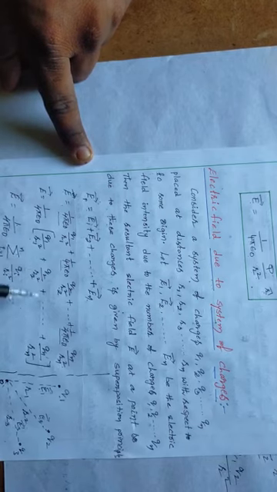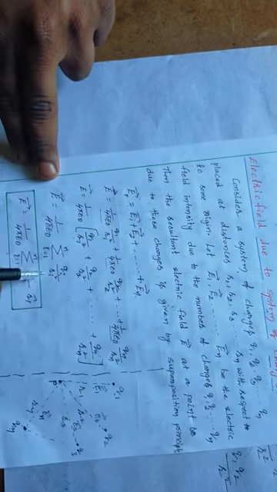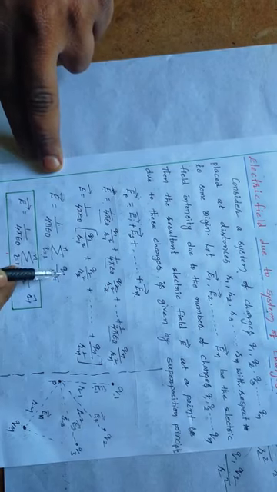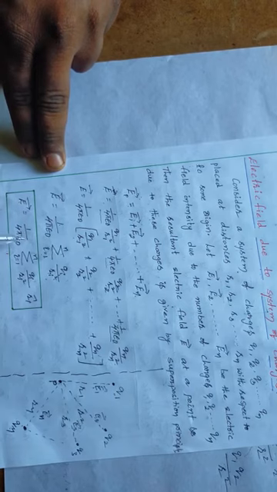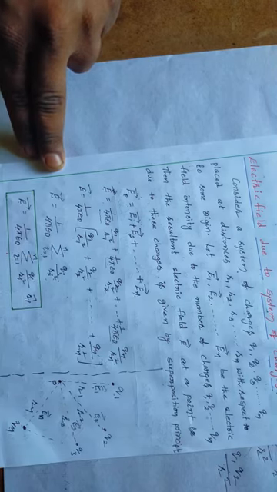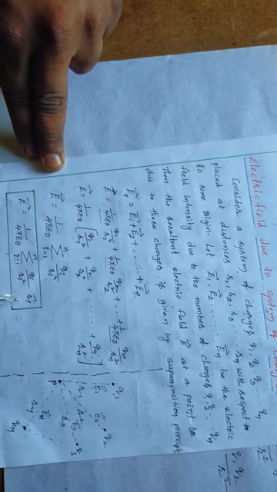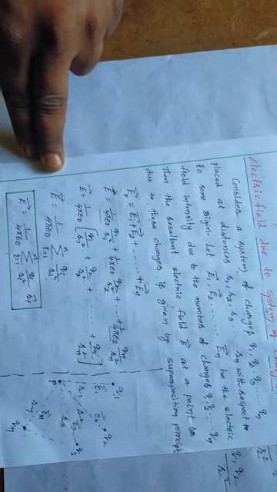That means all the terms are summing with each other. So the sum from i equal to 1 to n of qi divided by ri square. That means the net electric field due to the system of charges is nothing but 1 by 4 pi epsilon naught, summation i is equal to 1 to n, qi by ri square into ri cap. Ri cap is nothing but the unit vector of the total electric field due to the system of charges. We can write it like this.